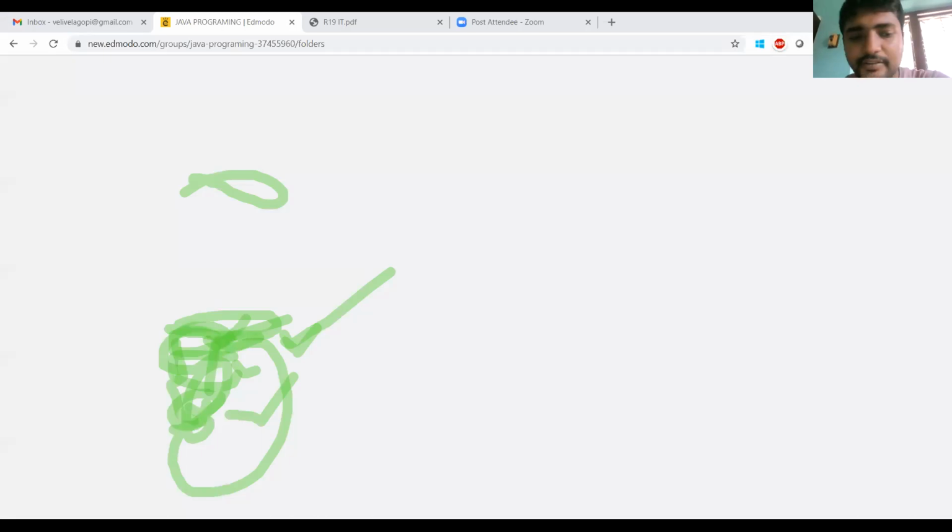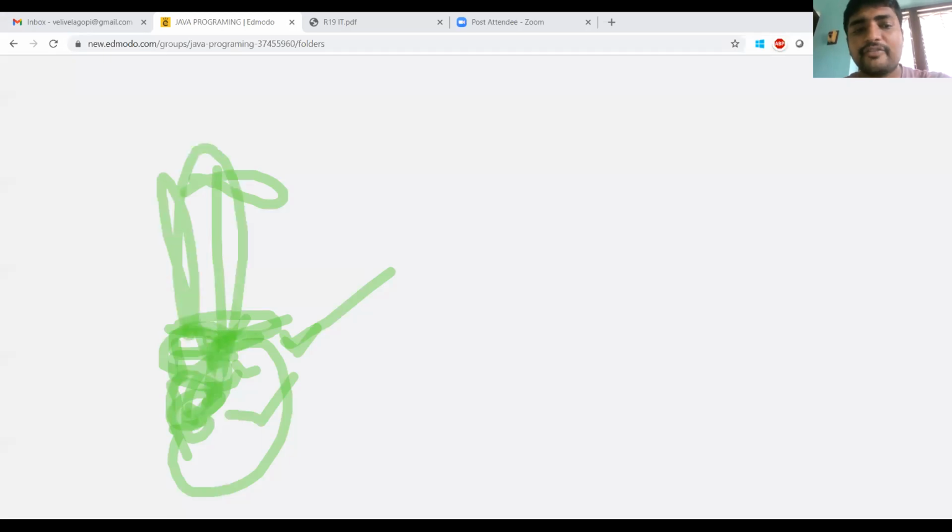So these are some modifiers you can use before the class name. Before the class, we can add private, public, or protected, or final, abstract, strictfp, or static. Likewise, we can add many things.